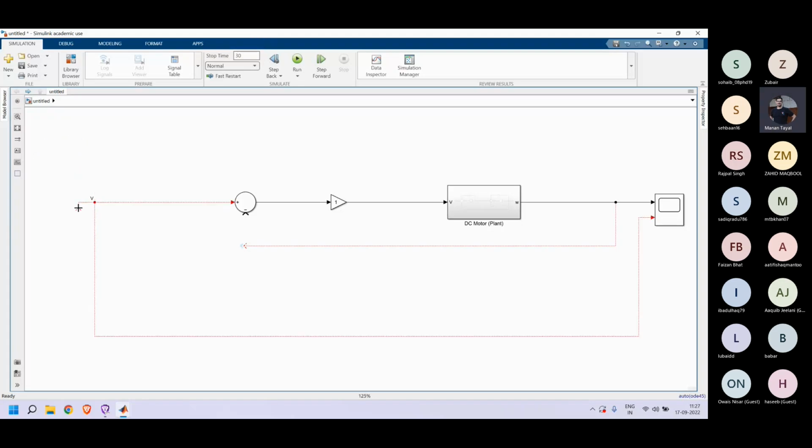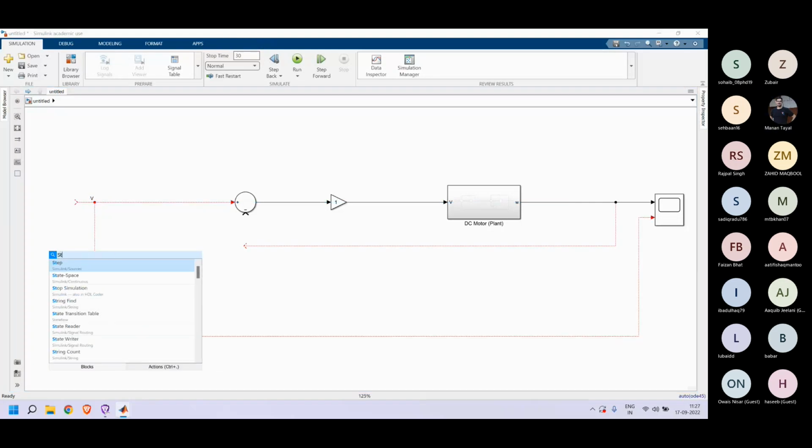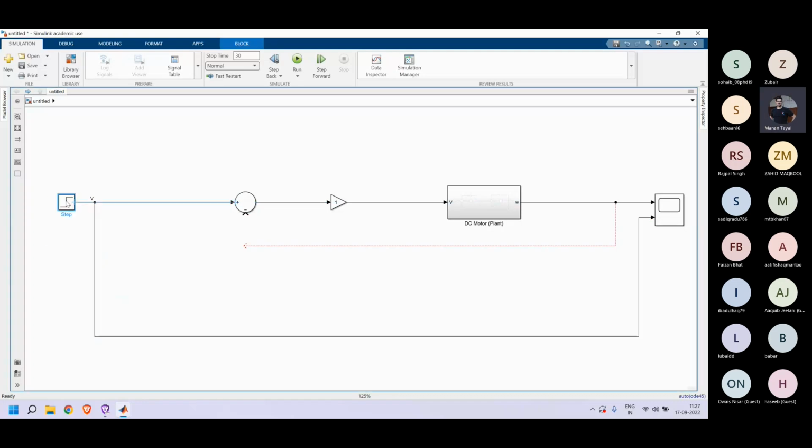It will be a reference in terms of the output actually. So the reference will be in terms of omega. So I can make an open loop system in this way. I'll give a step input in terms of reference omega, right? So this will be omega_ref maybe, and this will be my output